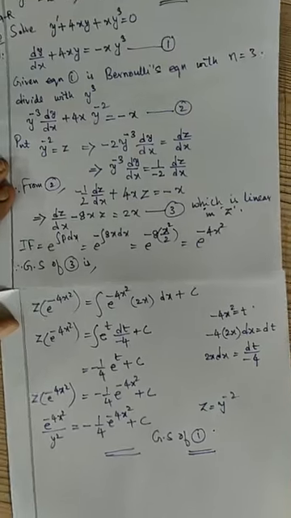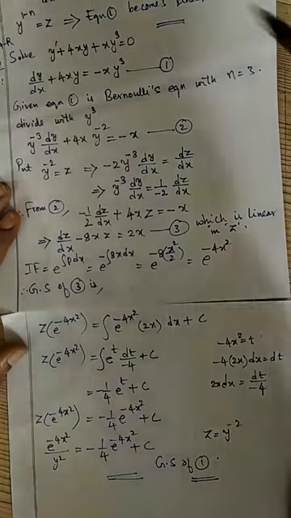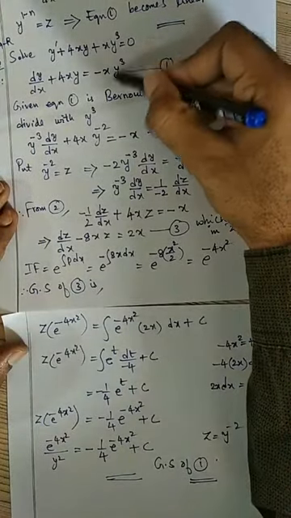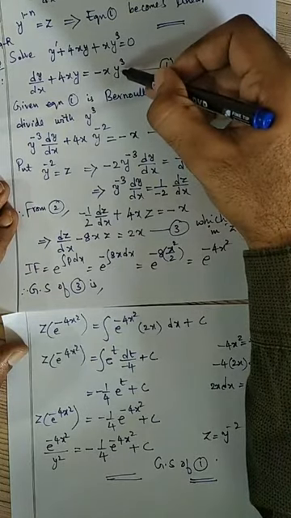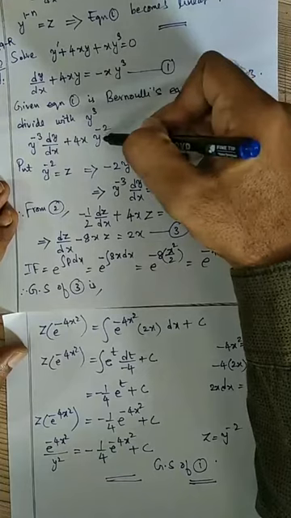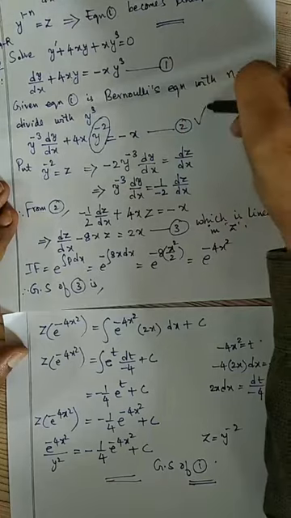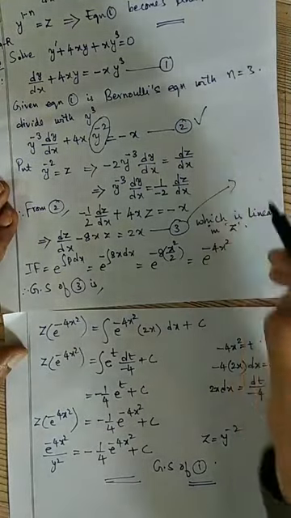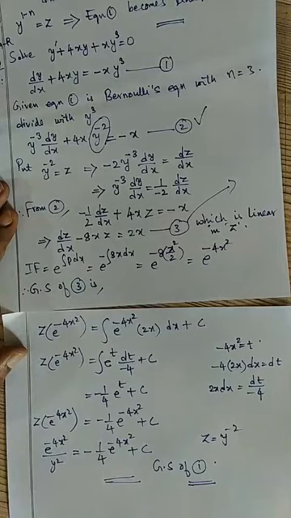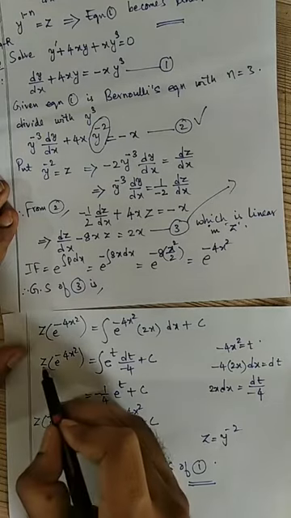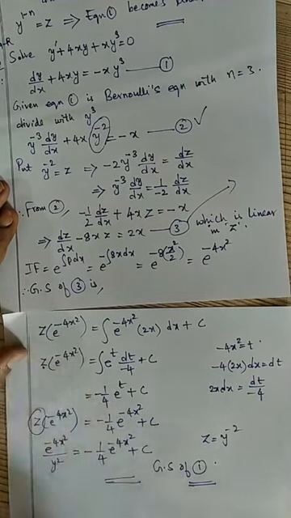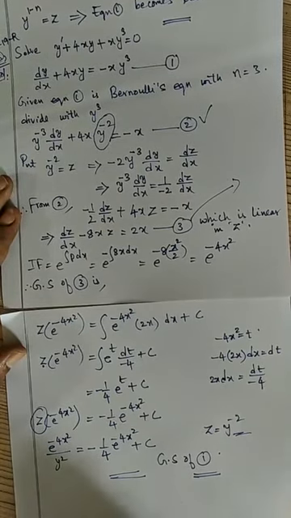So briefly I'll explain once again. For the given Bernoulli's equation, we have to divide with y power 3, y power 4, or y power n. Then we have to take the substitution from this term. Automatically this equation will be reduced to linear. Once it reduces to linear, find the general solution. General solution will be involving z. Whatever we have taken the substitution, you replace that z with y power minus 2, y power minus 3, like that. Then we will get the general solution of the given Bernoulli's equation. Right? Hope you have understood this.